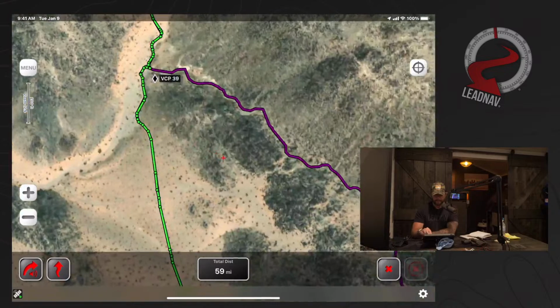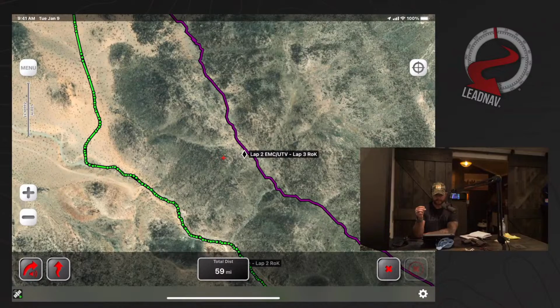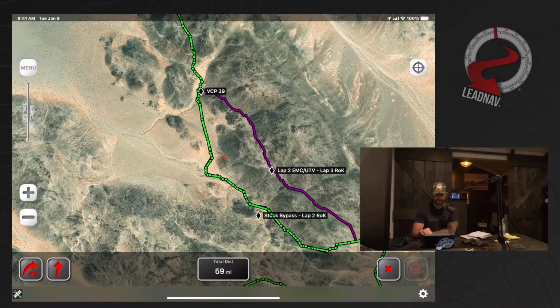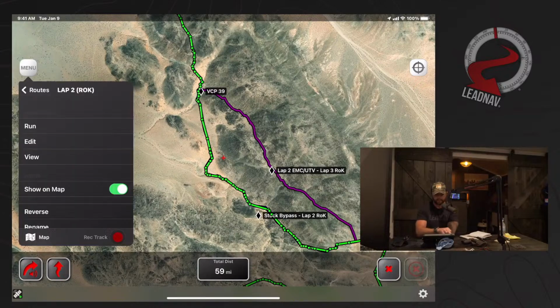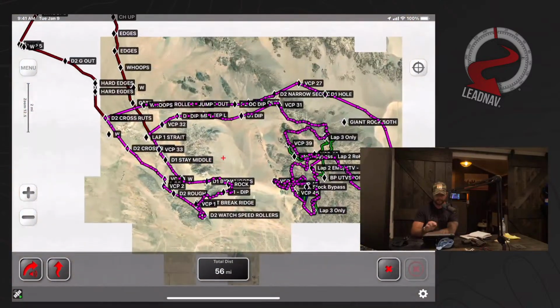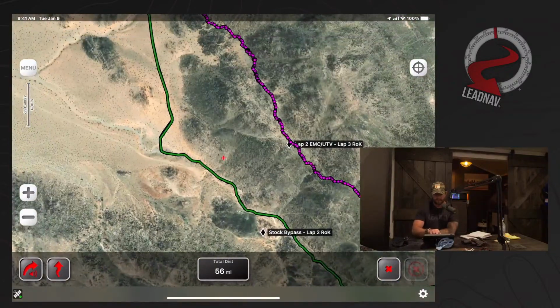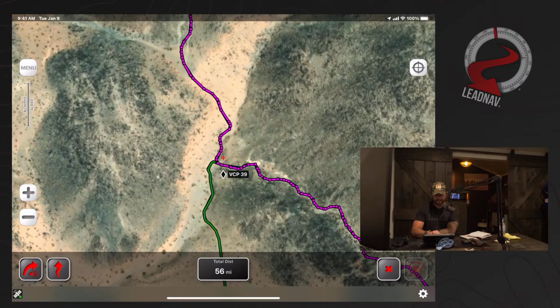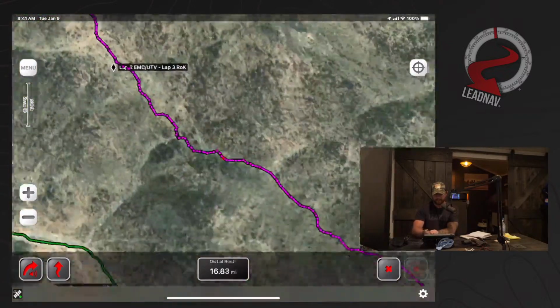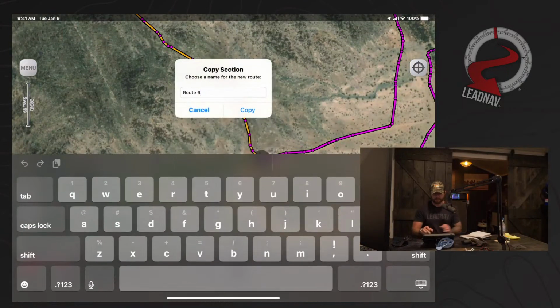All right, I'm actually gonna have to go to the other collection. No, I don't. I can go to the 3rd lap. So let's now go to lap 3, edit. You gotta kind of remember where you were. This is where we were, what we're changing. So now I want to cut this out to here. Now let's copy that section out. And that's going to be